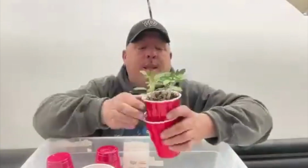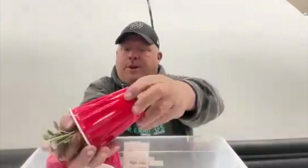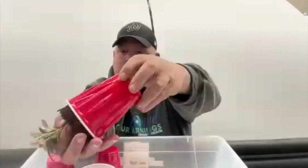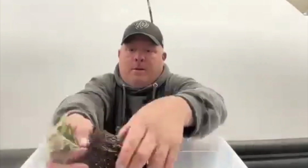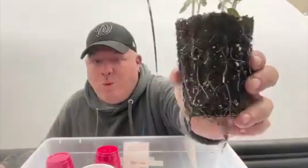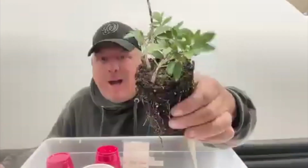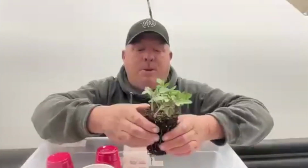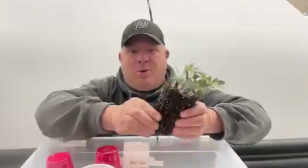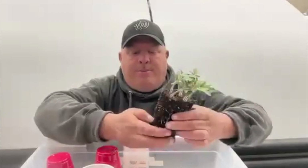So we're going to get these guys out, and then very carefully pinch the edges, and that whole clump is going to fall out. Now, do you see what I'm talking about? It's becoming root bound within itself, because there are 5 whole plants trying to grow in this one little space. So I just want to carefully break the roots apart a little bit, being a little cautious,